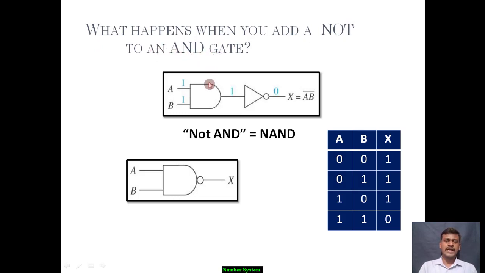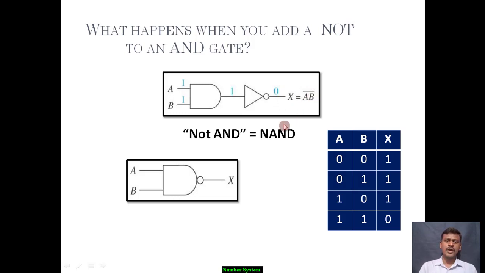Meaning we are adding the NOT gate and AND gate. So as we have seen in the AND case, the result is 1 if both the inputs are 1. And in case of invert, if the input is 1, it will convert that into 0.